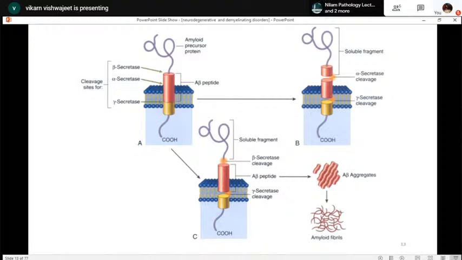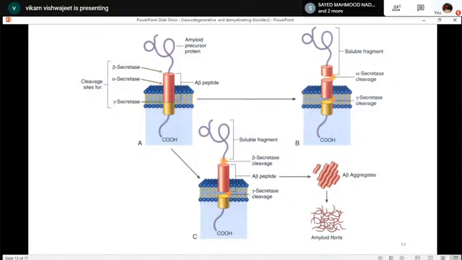So in Alzheimer's disease, this is normal amyloid precursor protein. In normal condition, it is cleaved by alpha secretase and gamma secretase, and the peptide which is generated is usually normal, while when the amyloid precursor protein is cleaved by beta secretase and gamma secretase, there is generation of abnormal peptide. That amyloid beta peptide is generated, and this abnormal beta peptide aggregates abnormally